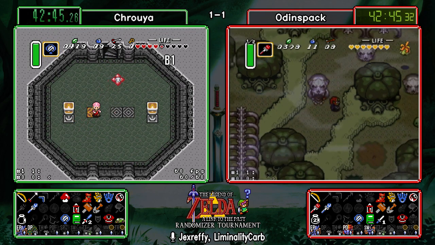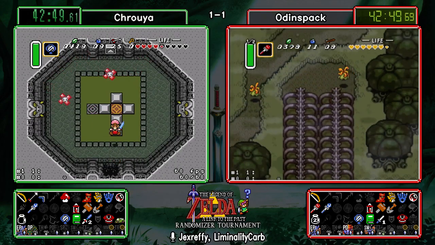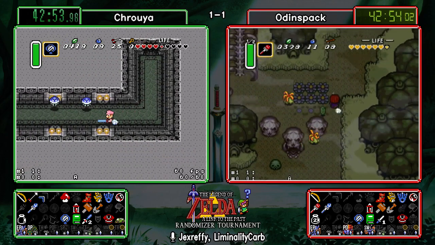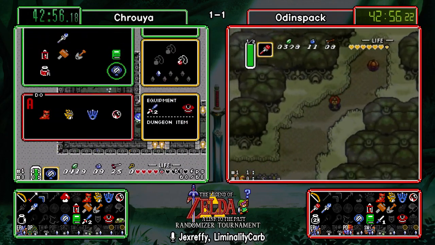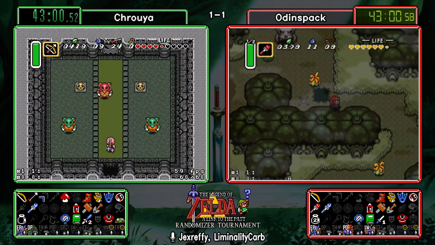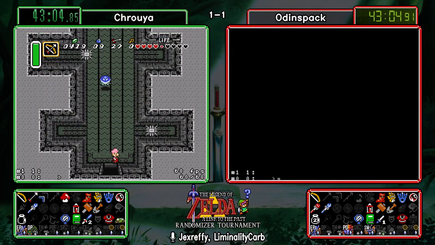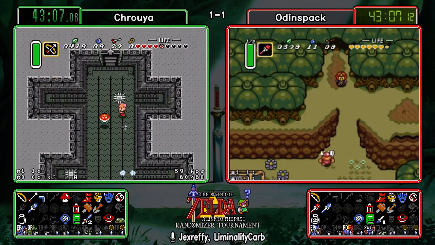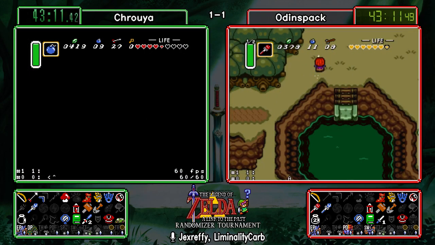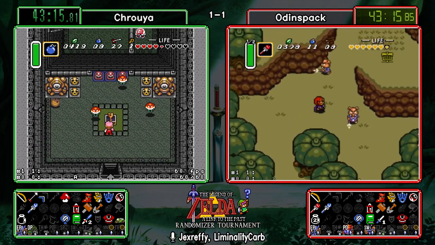Alright, so for Odinspack, Ice Palace is certainly in play. Swamp Palace you can get in, but until you find the hook shot, you can't finish. And Pendant Thieves Town is available if you feel so inclined. Yeah, and there is always the risky play of going into Swamp Palace, hoping the hook shot is in there, which it sometimes can be, but...